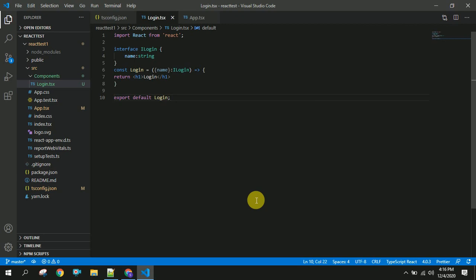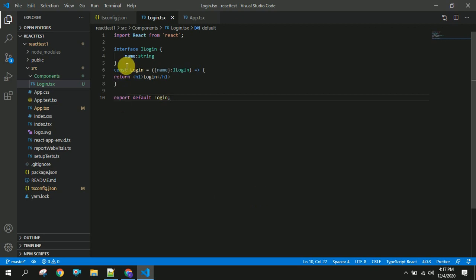Whenever you are working on any smaller project, there is no need for creating a React application with TypeScript. But whenever you are going to create mid-level or larger applications, you have to go with TypeScript because type checking is one of the major things.